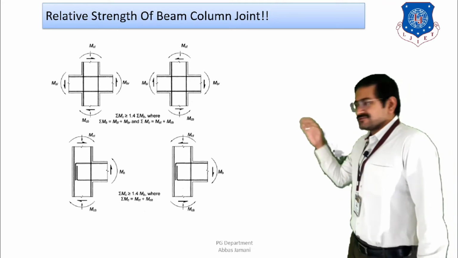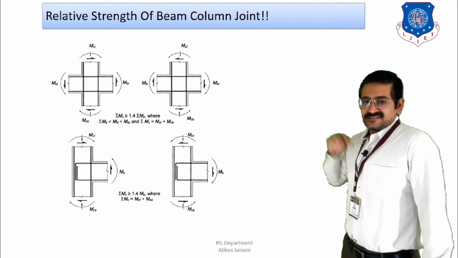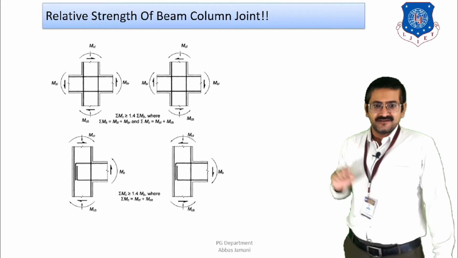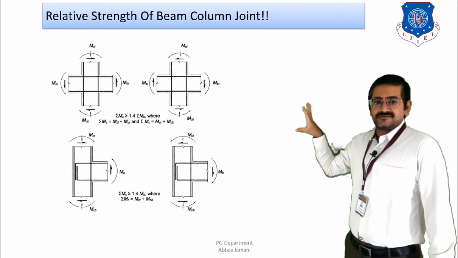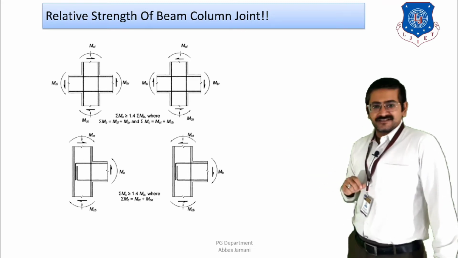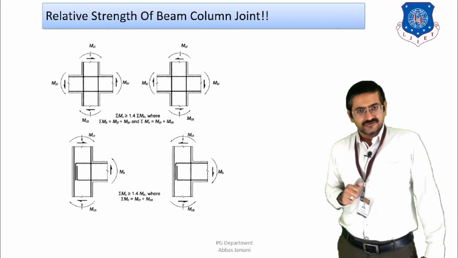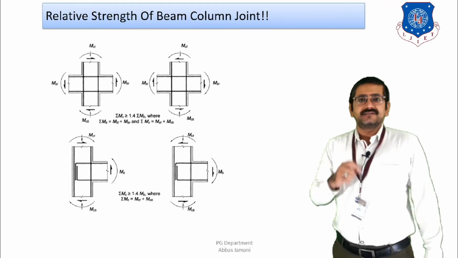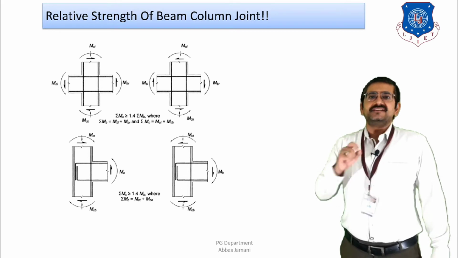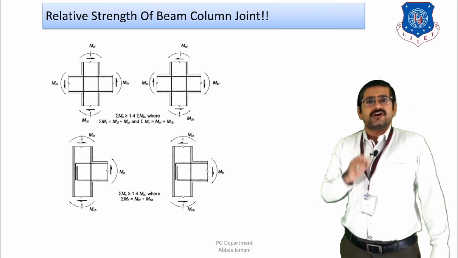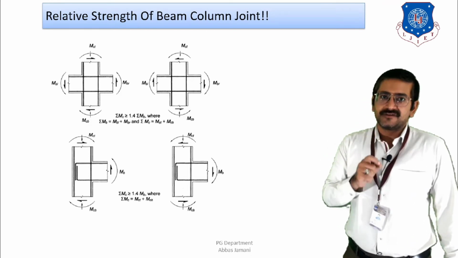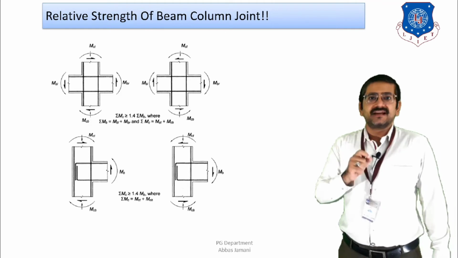And for that, they have shown 4 cases, where on the first side you can see that the beams are provided on the 2 sides, that is in the x direction. Then in the second case the columns are also shown top and above, and at the same time the moments from the beams are also shown. Then the exterior junction is also shown and the interior junction is also shown. So in all the cases you can see that sigma MC should be greater than or equal to 1.4 times sigma MB. If this is not the case, then that particular column as per IS 13920 cannot be considered as a part of the lateral load resisting frame, and that column has to be detailed as a gravity column.